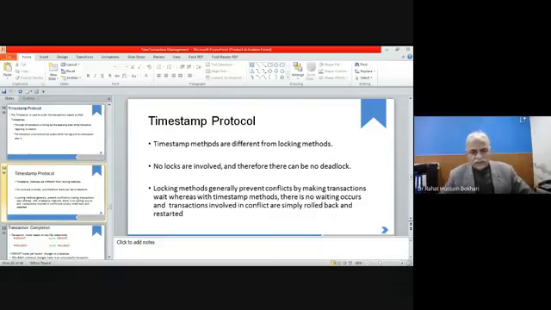When we lock a table or a record, the other transactions likely to access that record are waiting until that lock is released, but such a thing is not there within timestamping methods. In this way, no waiting occurs. The transactions are only carried out according to their priority of entrance into the system. But if there exists some sort of conflict, at that moment the system may roll back and restart.